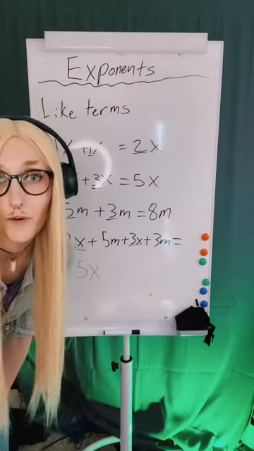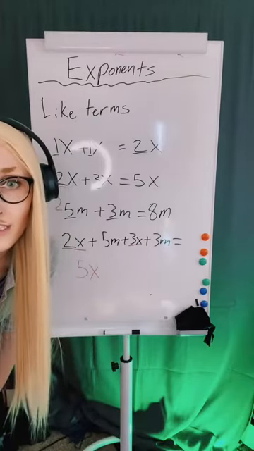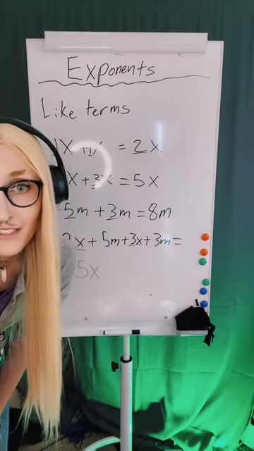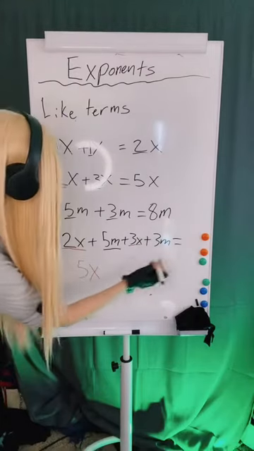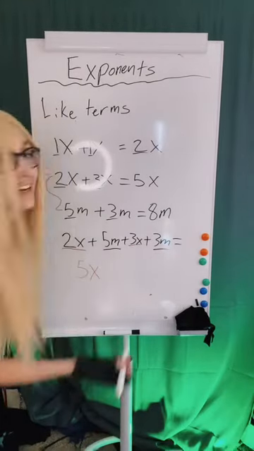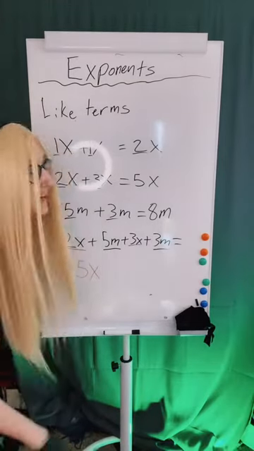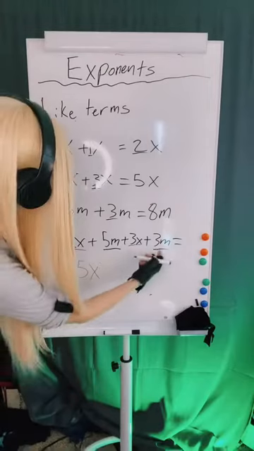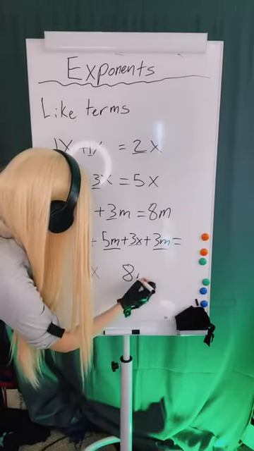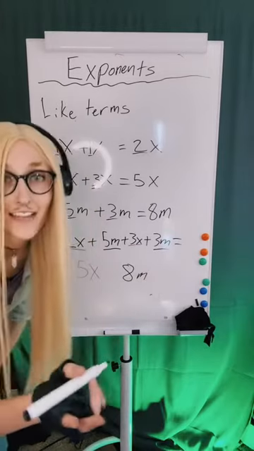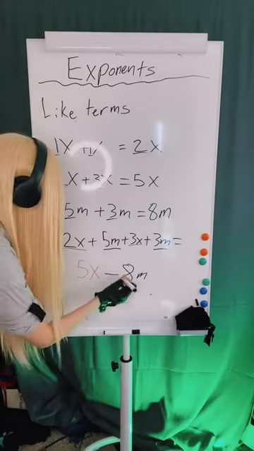That's the first part of my problem. I hope you guys can see that 5x okay. So now let's take care of the m's. I've got 5m and 3m. Anyway, 5m plus 3m is 8m, right? Because 5 plus 3 is 8. And now these are all positives. These are all added together, so it's going to be plus.